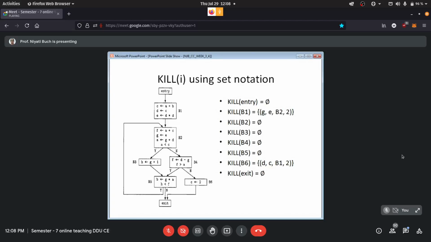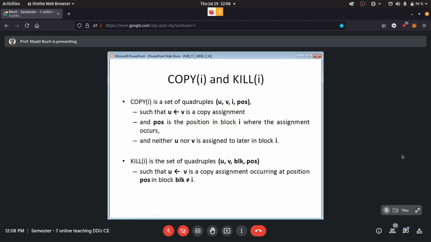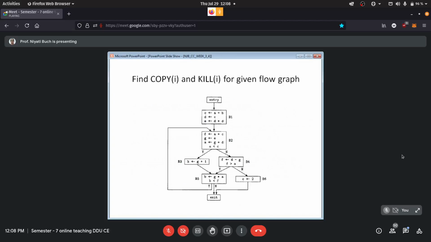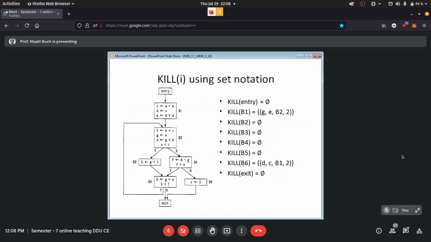What our definition said is that it should not be the same block, BLK should not be equal to Y. So what gets killed in B1, the copy propagation of B2, is now part of the set.